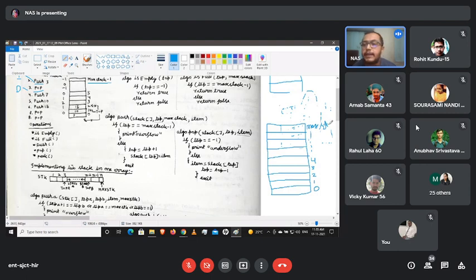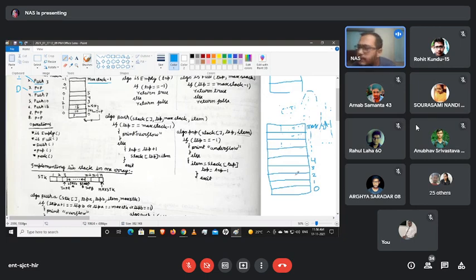Max stack minus 1. Why max stack minus 1? Because we are starting from 0. If we had started from 1, it would be max stack. But since the architecture supports counting from 0, that's why we use it in our algorithm. So from 0 to max stack minus 1.